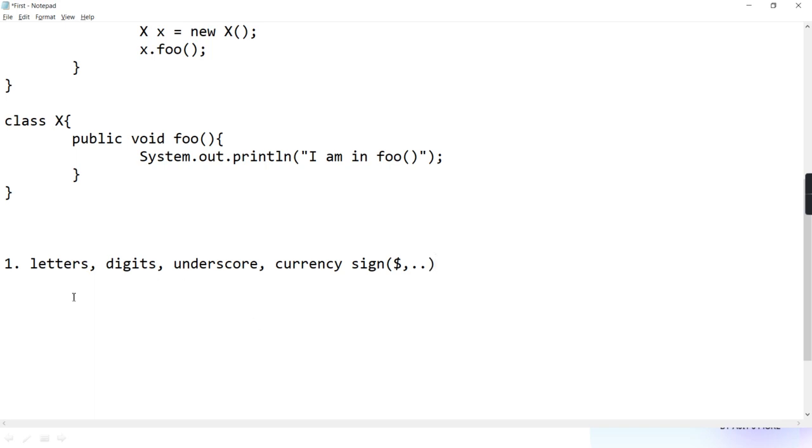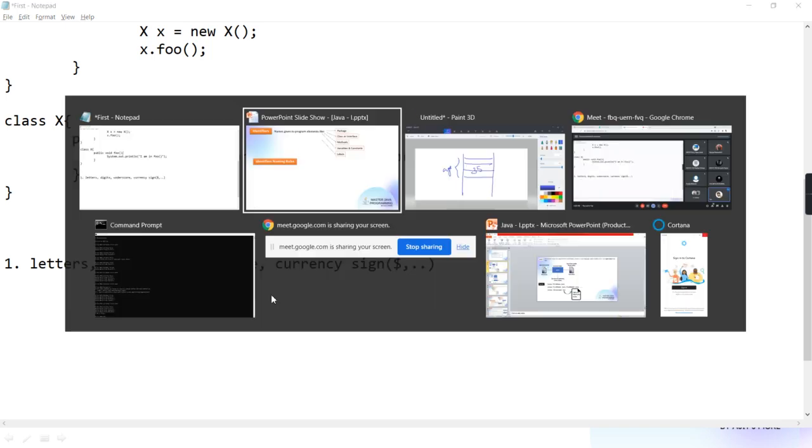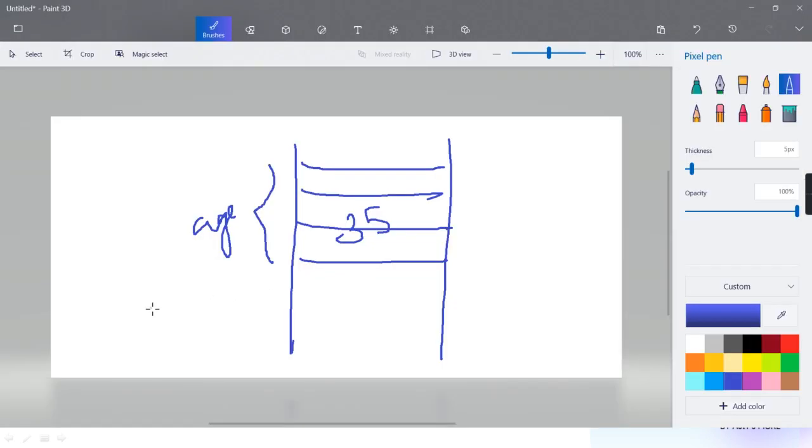But what all possibilities are allowed? Letters. And the speciality in these letters is that not only uppercase A to Z and lowercase A to Z, but Latin letters are also allowed, like alpha, beta, gamma, or A with an accent on it. You might have seen it, like A with a dot above it.